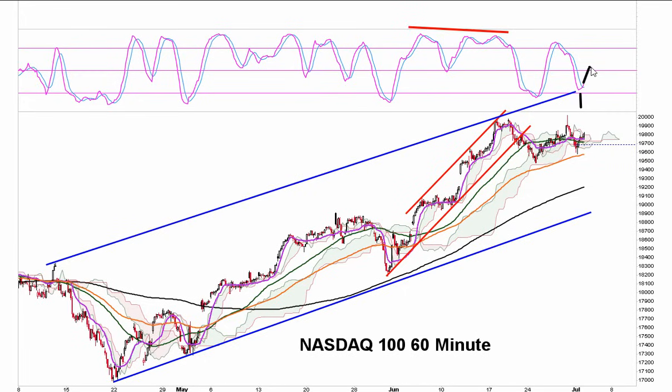If this thing fails and it turns back down, or we can't move above this high, then again, the possibility that the divergence is completed here increases. If we set up a lower high and start turning down, then the odds start increasing we're going to come back and take out this low. And a little miniature double top, possibly on NASDAQ, or again, consolidation still takes us up to our upper channel